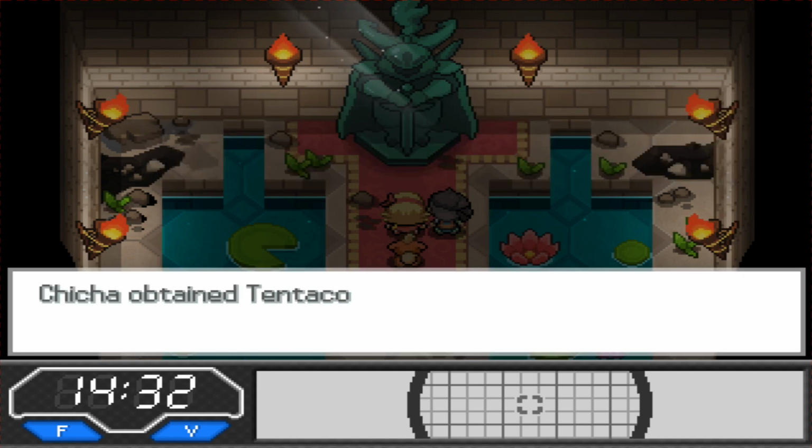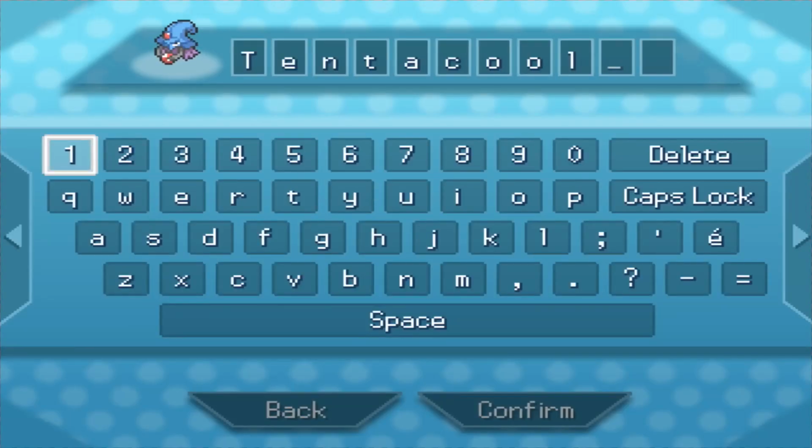I think I stumbled on that. Oh, so I obtained a relic. Tentacool. What? Oh, it looks like a witch's hat with a crystal ball, holding a crystal ball. Wow, so this is another one of the fan-made features that I read on their website that caught my eye